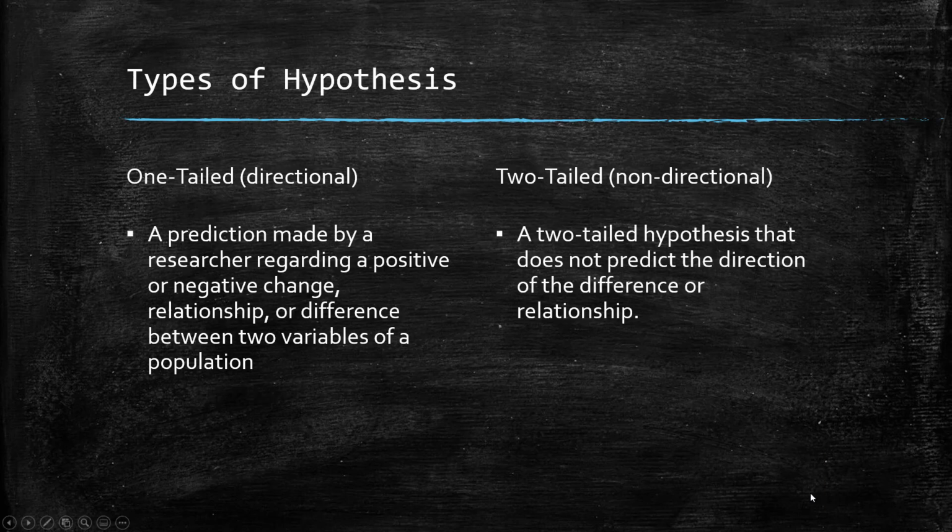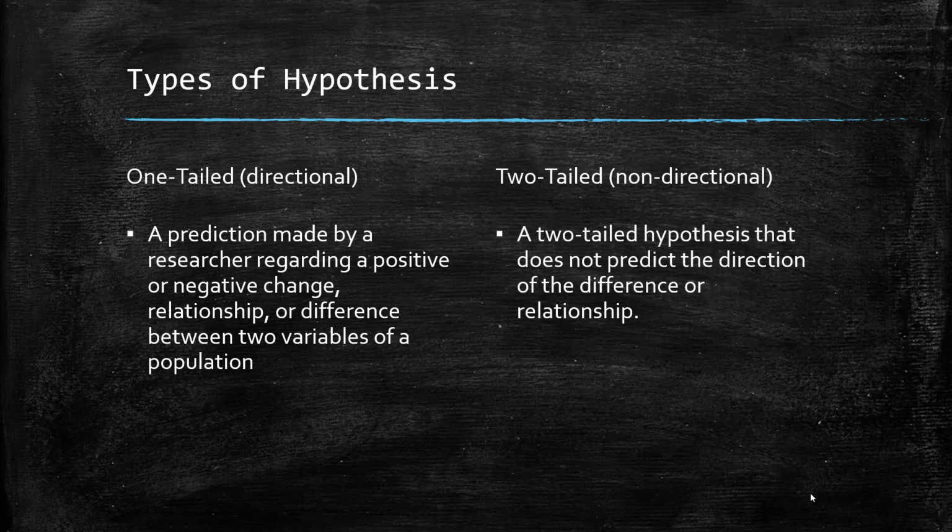The other aspect that's important to know about your hypothesis is whether it's going to be one-tailed, which is directional, or two-tailed, which is non-directional. And this becomes important when you're selecting the type of test to run, especially the t-test in Excel, because you have to select whether you're running a one-tail or directional hypothesis, or a two-tail or non-directional hypothesis. And again, we're going to have some examples for this, but you need to understand the